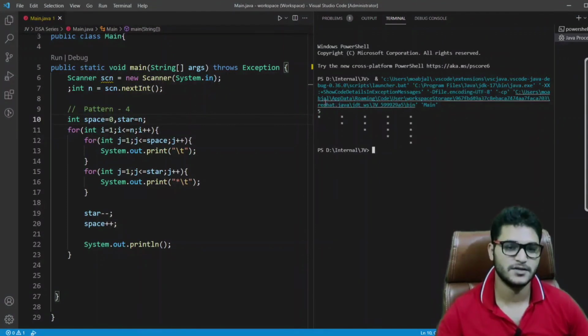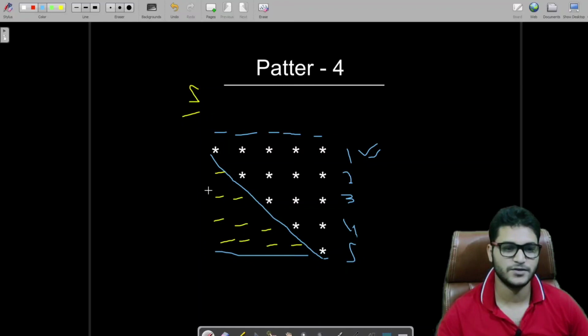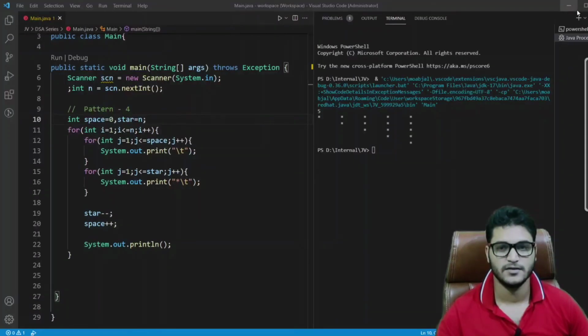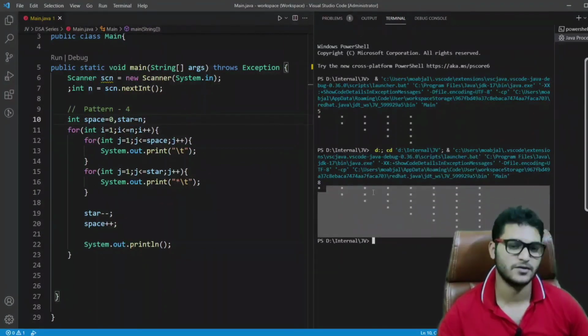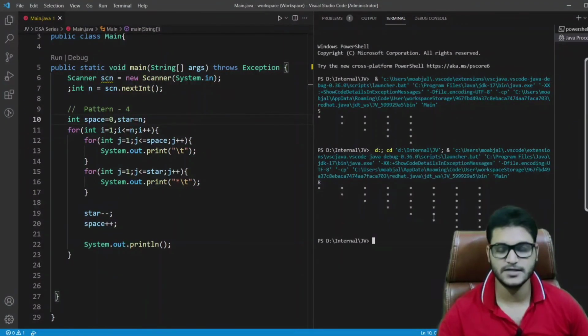It has printed the exact same output which we are having here. Let's run it again for another input. Let me give 8 this time, so that you can be very sure that our program is working. So as you can see, it has printed exactly the output which we want.